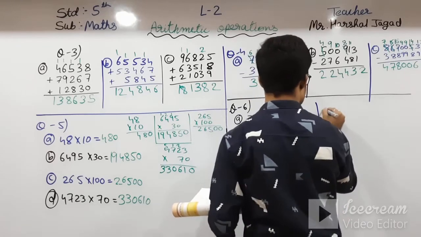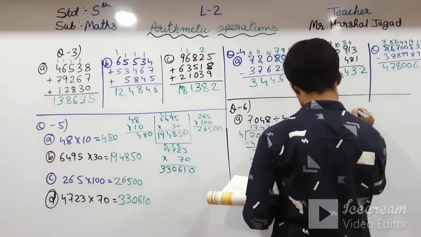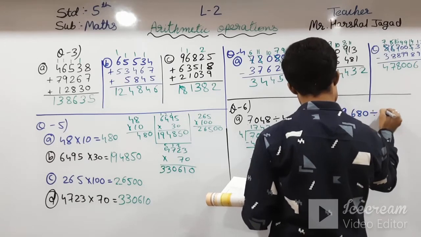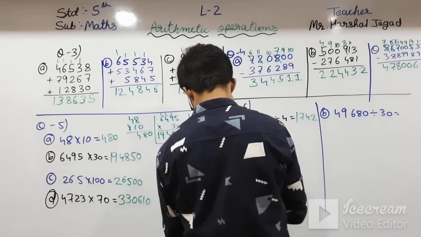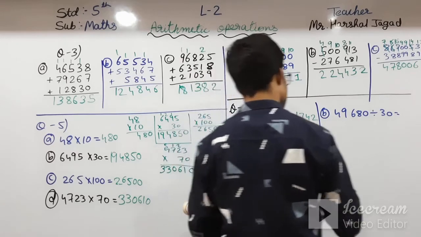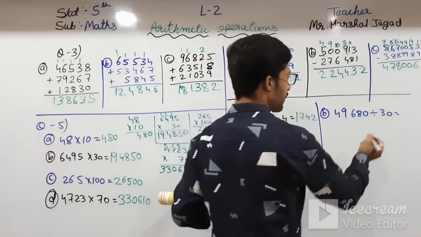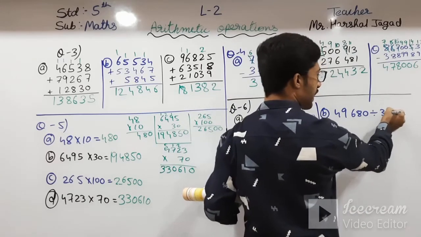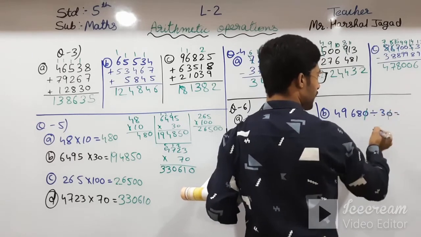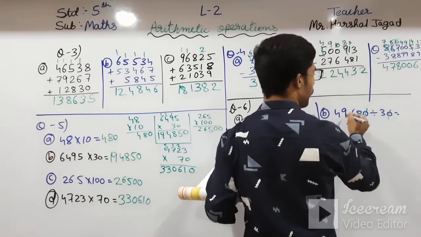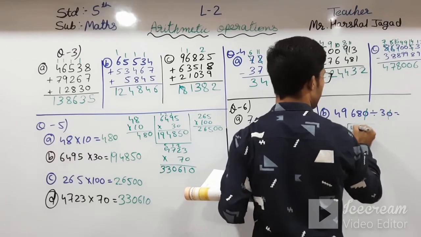And going towards next, that is B, that is 49680 divided by 30. So what will be the answer? See here, if there is 30, it means here there is 0 and here there is 0. So in division you can just cut this 0. Now you have to just divide 4968 by 3. So 3 into 496